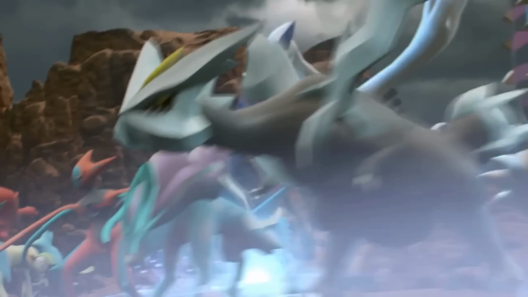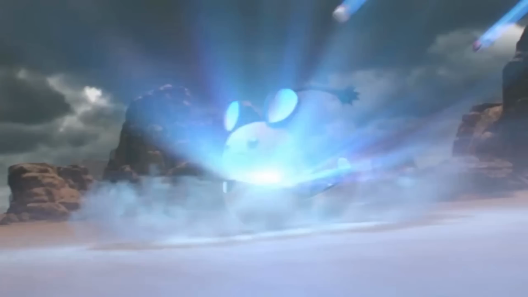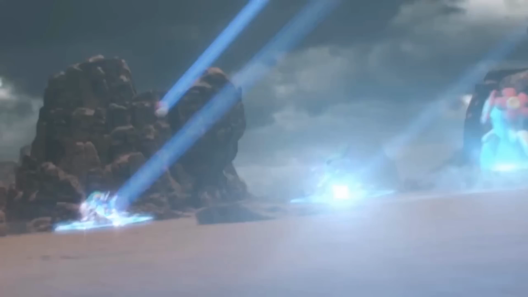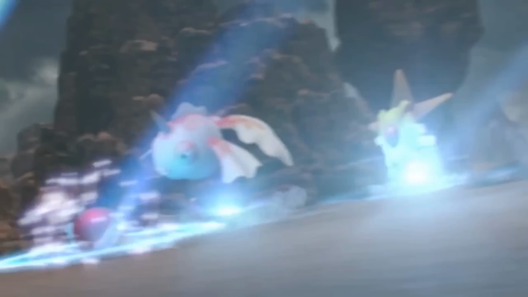Now some of them we already knew would be in the game, such as Deoxys, who was revealed a few weeks ago, and Eevee, who was shown earlier in the direct. But there are even more revealed here who haven't been shown elsewhere. But for completion's sake, we'll go down the entire line. So we have Dedenne, Bellossom, Chespin, Snivy, Oshawott, Goldeen, Staryu, Eevee,